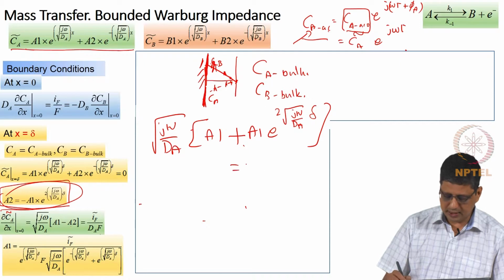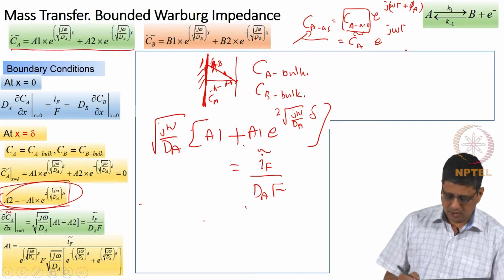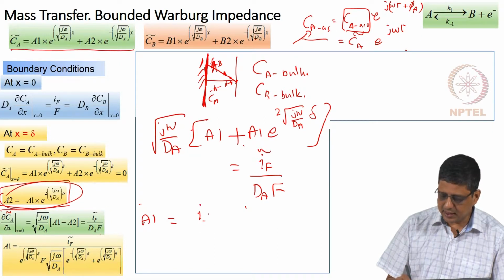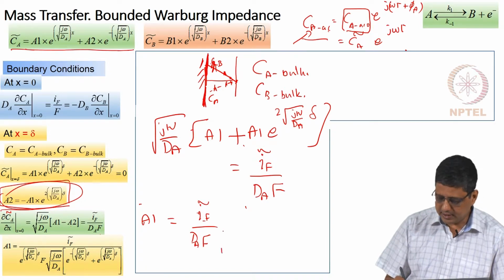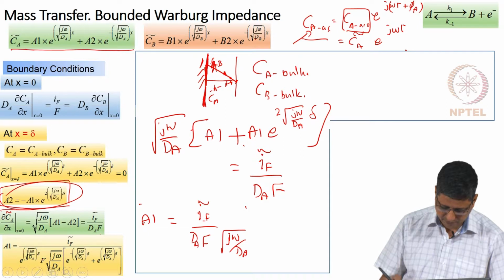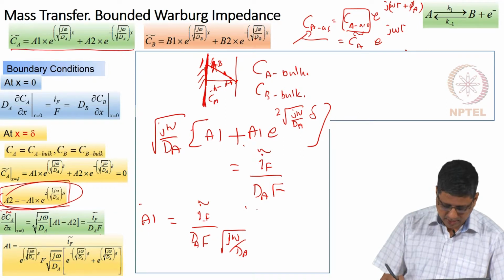That is equal to IF tilde by dA F. Now I can pull A1 out of this, so it is going to look like A1 equal to, right side I will keep it as IF tilde by dA F, I divide by j omega by dA. I have missed the dA, have I? Okay. And then